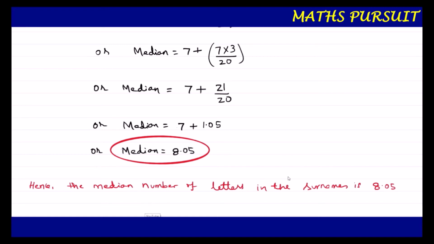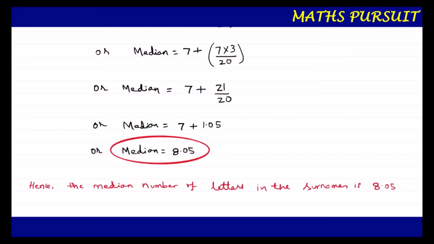And one other thing, guys: here I am writing the concluding answer, but as the question asked us to find the mean, median and mode, you can also write your concluding answer at the end, after making all your calculations. Whichever way you feel comfortable, you can write it that way. But highlight the things that you got. Highlight the way I highlighted that median is equal to 8.05. I circled it, so you need to circle it so that the examiner can easily find it.